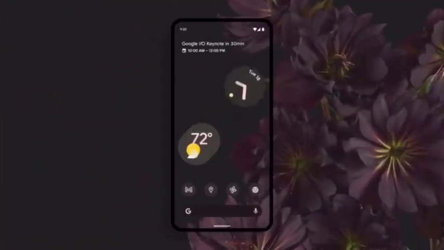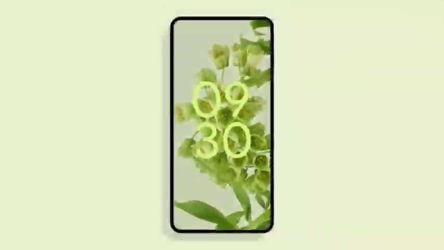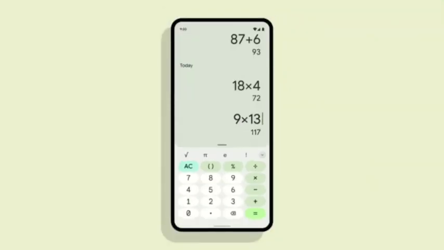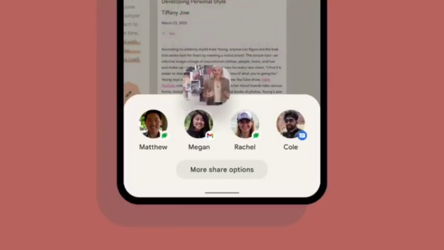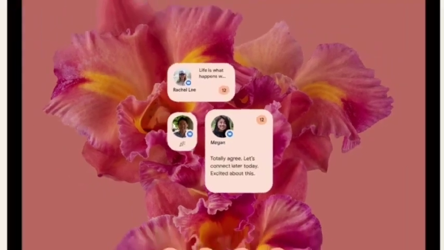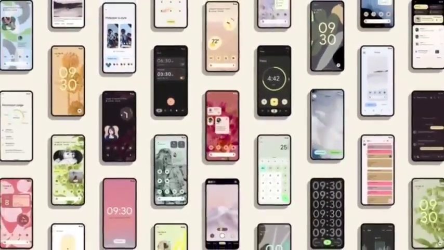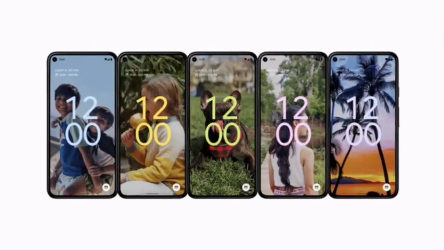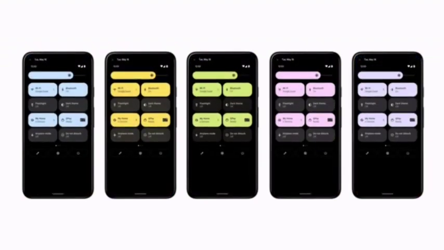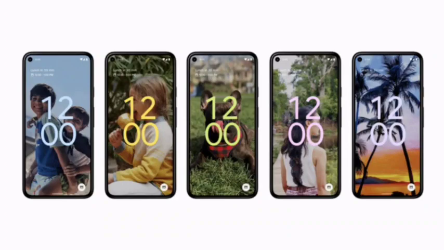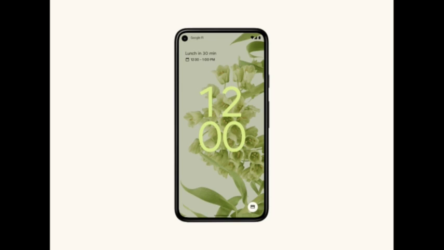We've also worked on interactions and rebuilt the entire core system to make your experience more fluid and efficient. Your Android devices are faster and more responsive with better power efficiency, so you can use your device for longer without a charge. This was accomplished by some under-the-hood updates, including reducing the CPU time needed for core system services by up to 22% and reducing the use of big cores by the system server by up to 15%.